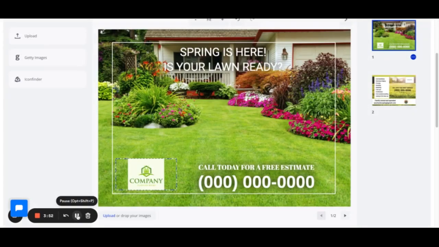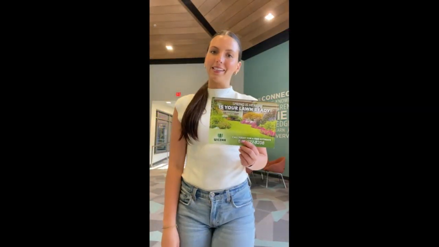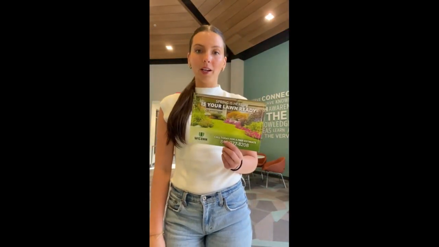And just like that, your postcard is ready to be sent out to all your new potential customers. It really is that easy. In just a few minutes, you now have a fully customized postcard that is guaranteed to print with optimal results